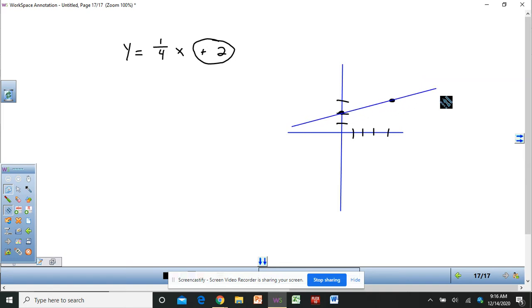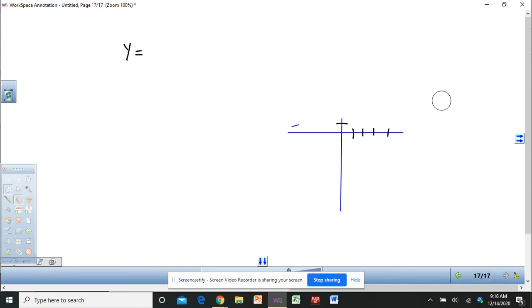Then I'm going to connect them and I'm done. Okay? I'll try a different one. Let me erase this real quick. Let's say my equation is